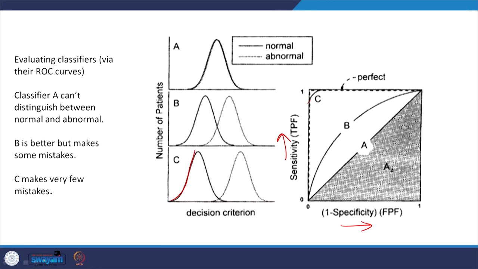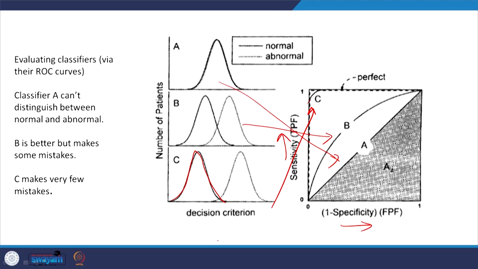This is the C curve, where there is somewhat of an overlap between the true negative and true positive distributions. There are some more overlaps in the situation of the B curve. When there is a complete overlap, this is the situation of our A curve. If they are completely separated, with true positive and true negative as two separate curves, you will get a perfect ROC curve.